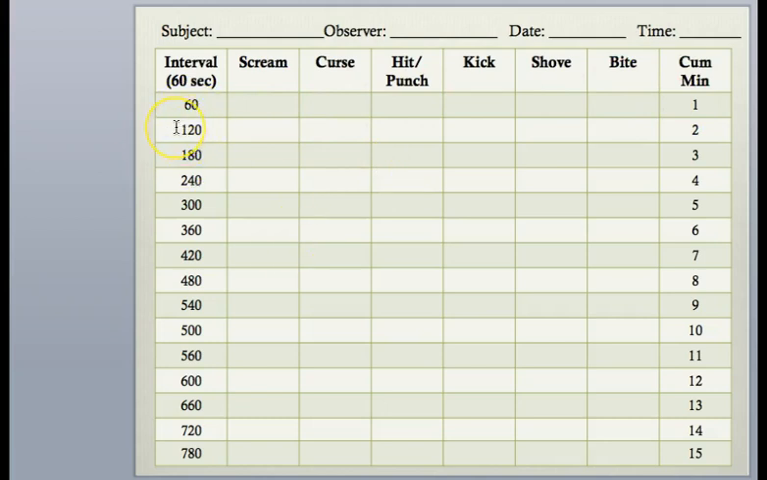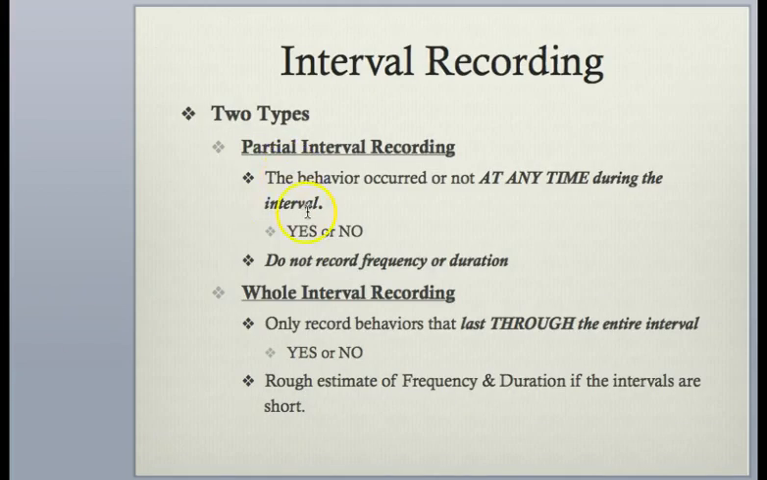And then the MP3 will beep, and I will start the second interval, and I will start over, and I will just say, yes, there's a scream, there's a kick, there's a curse, there's a bite. And then in the next interval, there's a curse, there's a kick, and that's all, and I just work my way down. Okay? You don't record frequency, you don't record duration, you just say, did it happen or did it not happen? So you don't count the number of times in a minute the person says no,